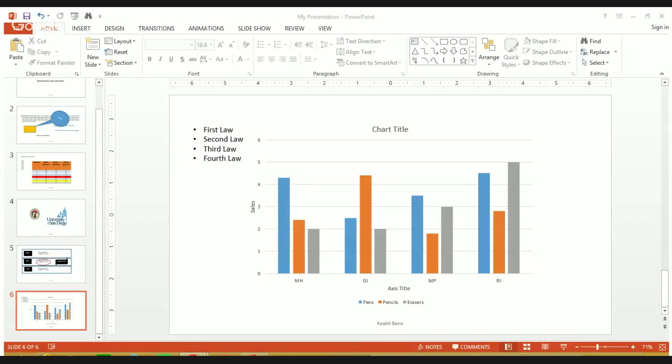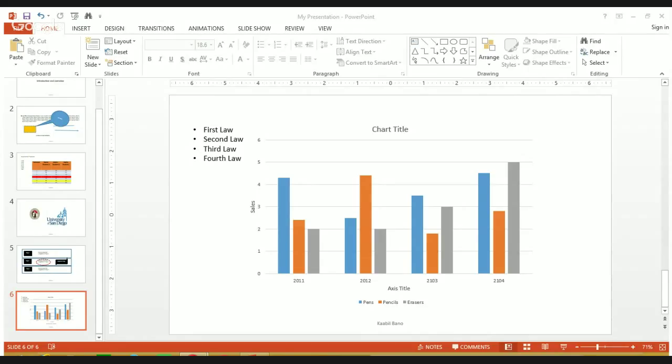Now, if we remove this and we say what is the sale of pen, pencils in 2011, 2012, 2013, 2014, again, this also makes sense, right? Makes complete sense. In which year, what has been the sale of pen, pencil, and eraser? Fine. So you can change the categories according to your own need. For example, it depends upon you. What kind of data are you representing? Now the point to note is that